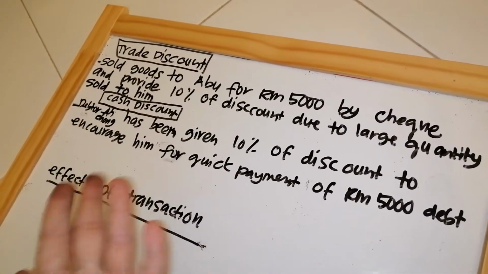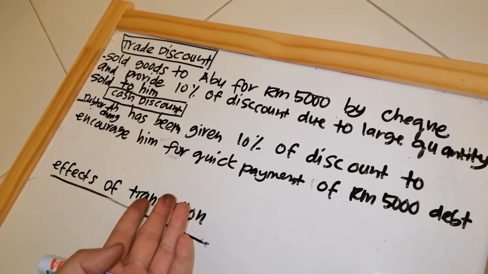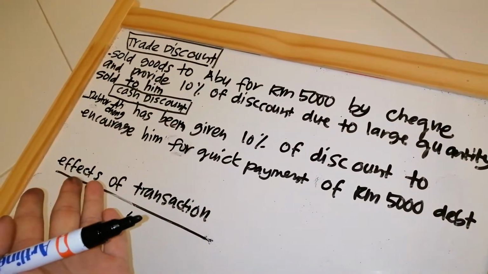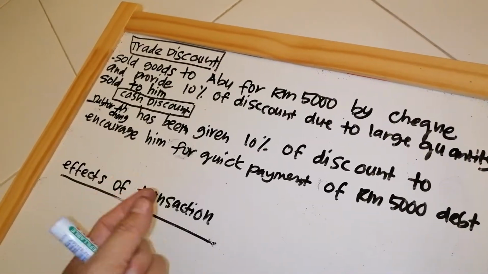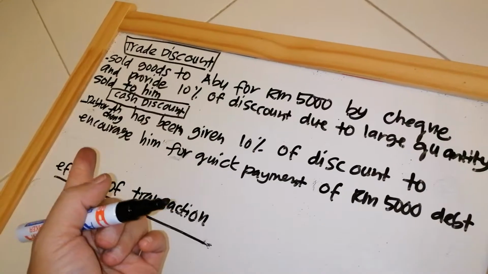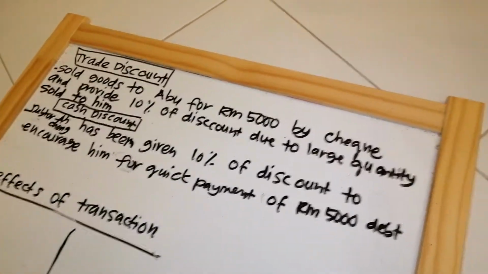So, you know, normally dia akan bayar lah macam PTPTN kan. Kalau you bayar cepat for 1 year, dia akan bagi you discount before this. Kalau you bayar lambat, tak ada discount. So, of course lah, discount ni akan encourage the debtor to pay quickly. Okay, now,